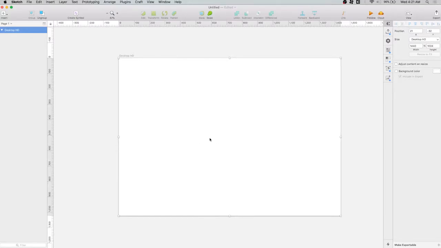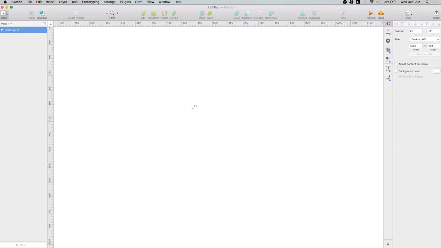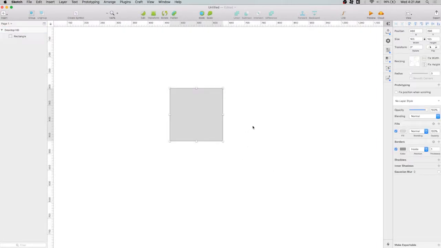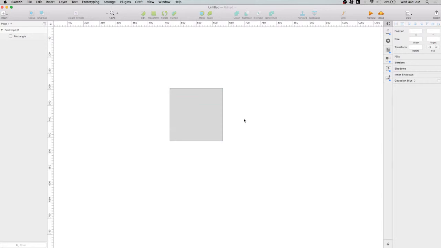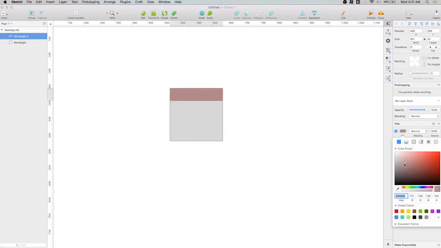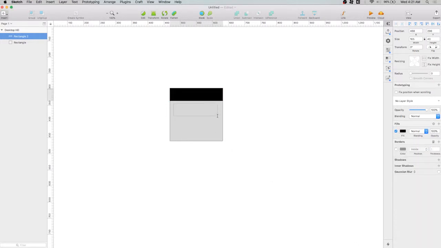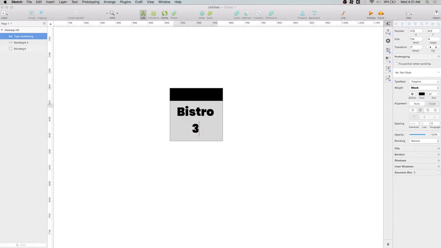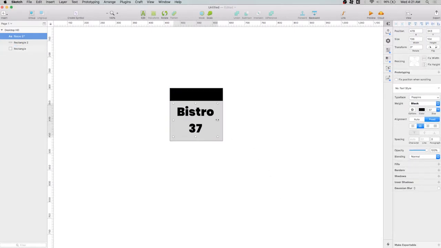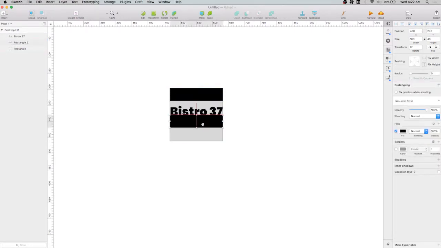So I'll start with the logo. Let's start by making a square. I'll be using this as a reference square, and on top of this, just make one rectangle here. Let's change the color to black. Then I'll put my text here. Bistro 37. Like that. We'll copy this rectangle and increase its height